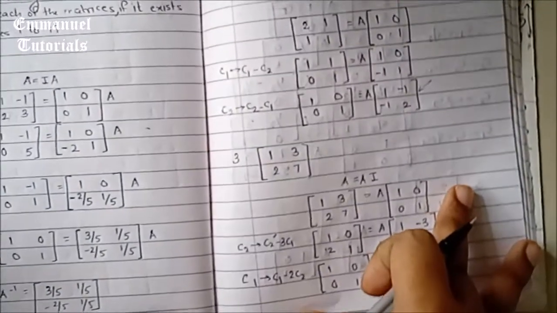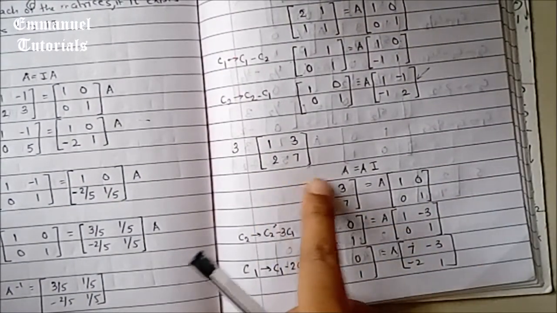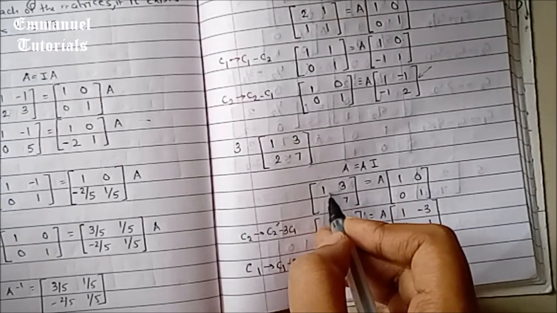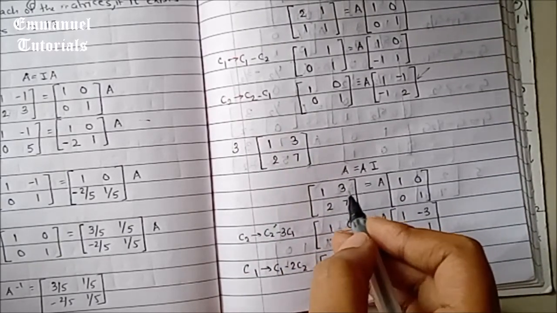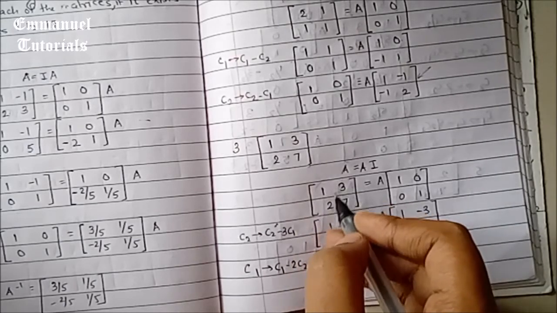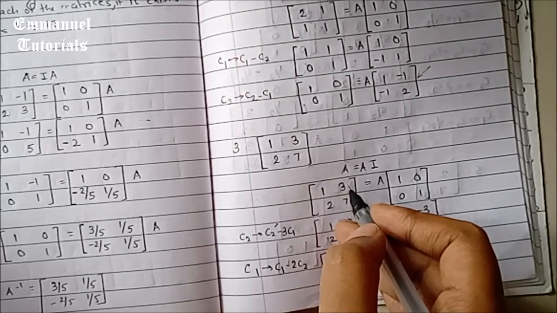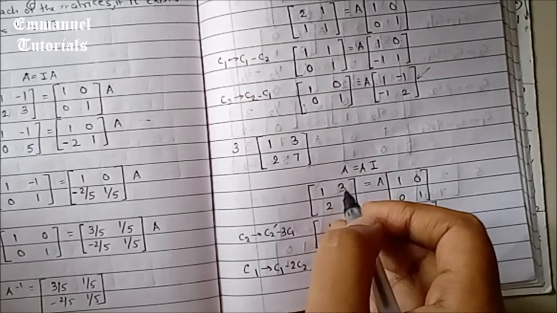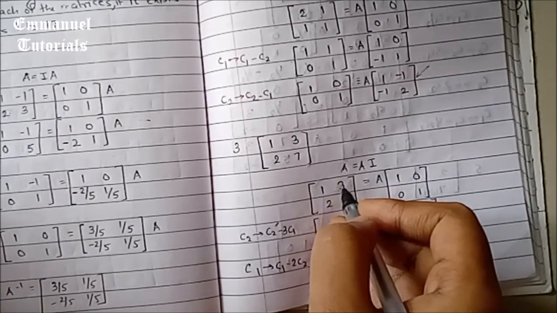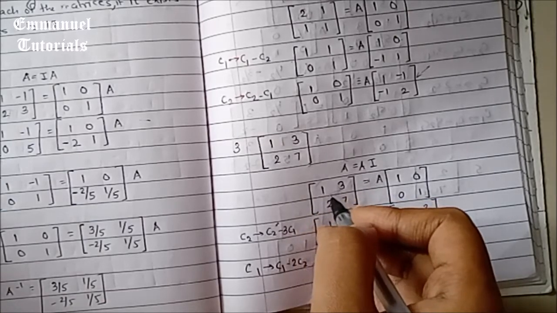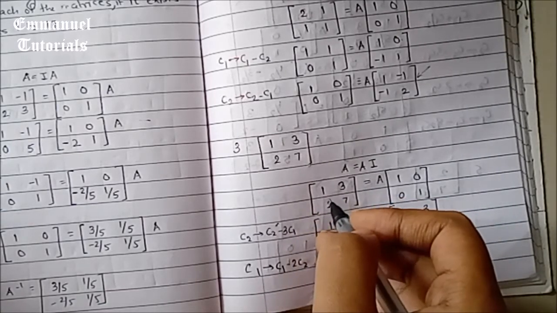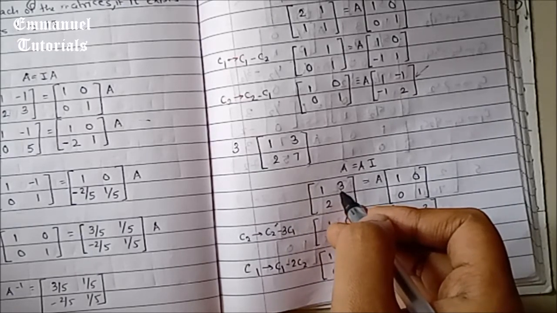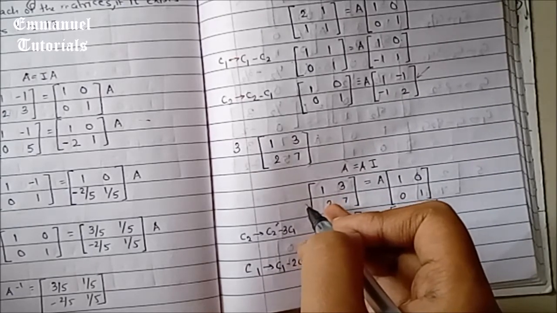Now the next matrix, 1, 3, 2, 7. Now we have to check the first element. The first element is already 1, so you can leave that. Now the second element of the first row has to be 0. To make that 0, what we can use is the first column. How can we do that? You need the first column element to be 3 to get this as 0. So you'll multiply the first column by 3. So it will be C2 minus 3 times C1.